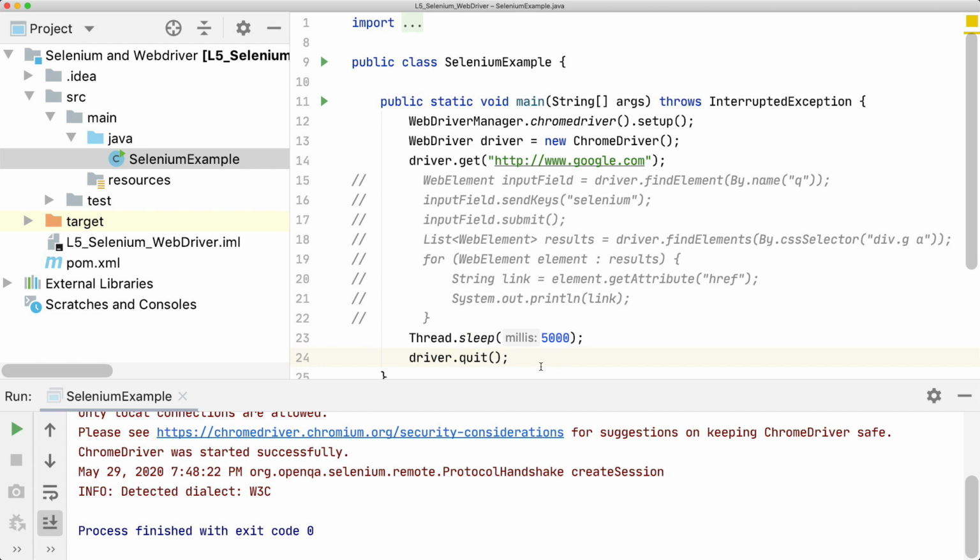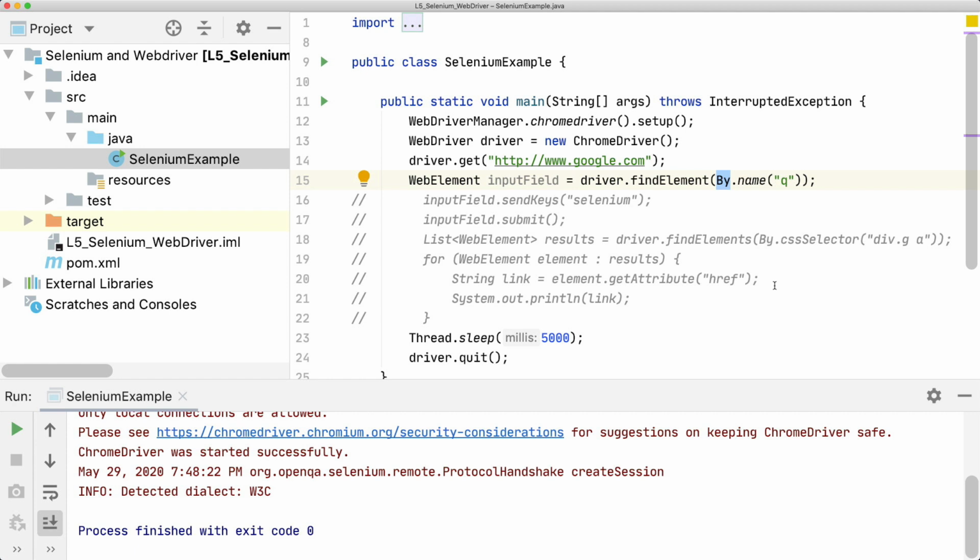Next, we want to be able to type some text into the search bar. In order to do that, we need a handle for the search input element. Selenium calls these web elements, and we can get one by calling the driver's findElement or findElements methods. The argument these methods expect is called a By, and it determines how the driver searches for an element on the page.